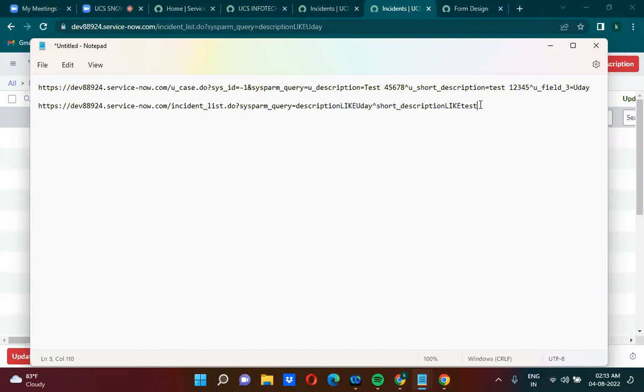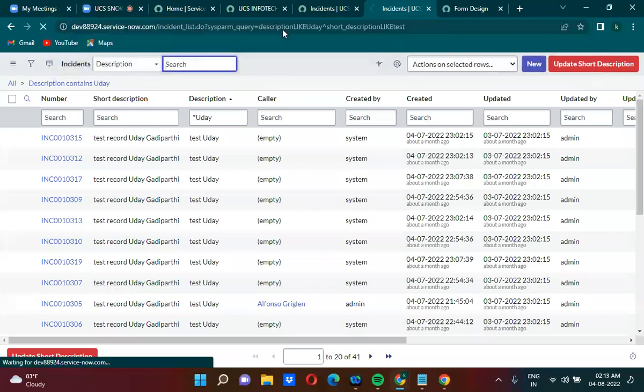So here the condition is the description contains keyword Uday and short description contains keyword test. So it will query those records. I am going to hit this URL here. See? How many records are there? 41 records are there. Guys, always remember, in your ServiceNow career,